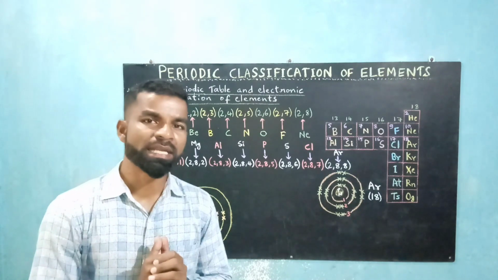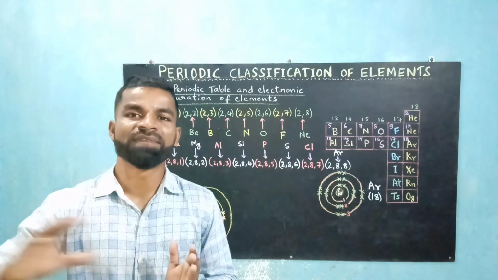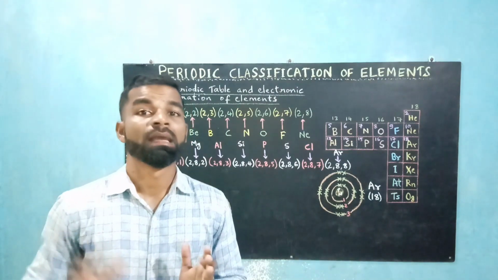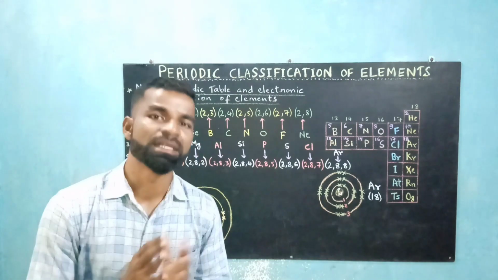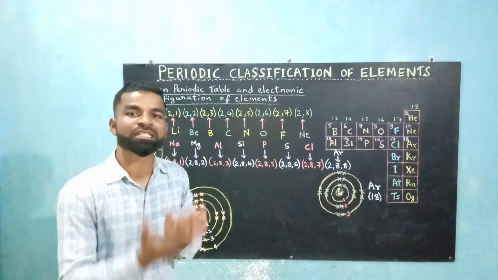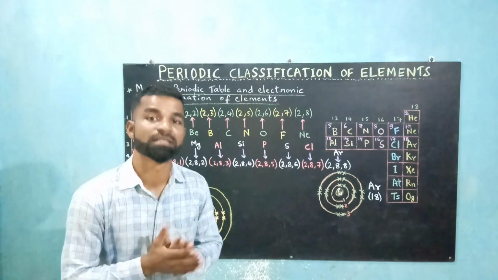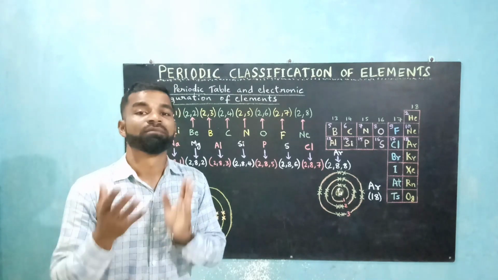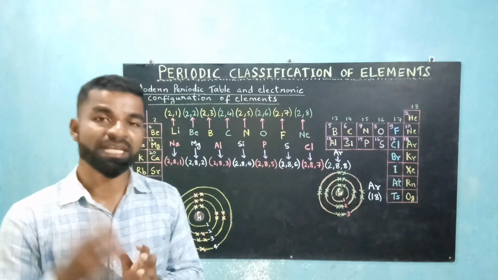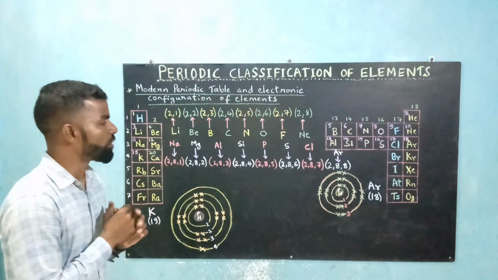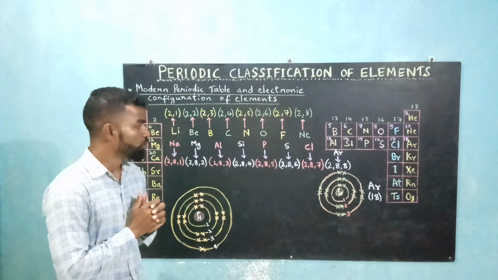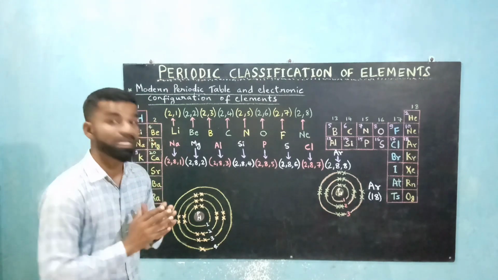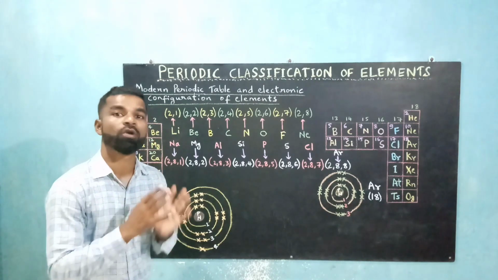In the modern periodic table, the electrons are filled in the same shell as we go from left to right within a period, and at the start of the next period a new shell is introduced. A new shell gets filled up by the electrons. Take for example the last element of period 3, argon, which has the electronic configuration 2,8,8. That means there are 3 shells which are occupied.